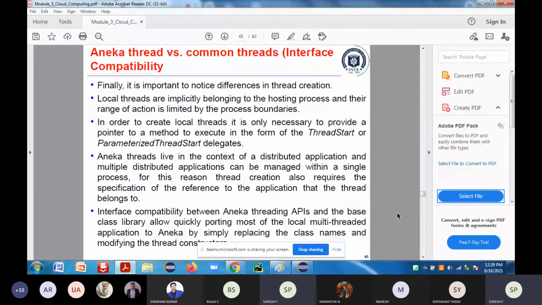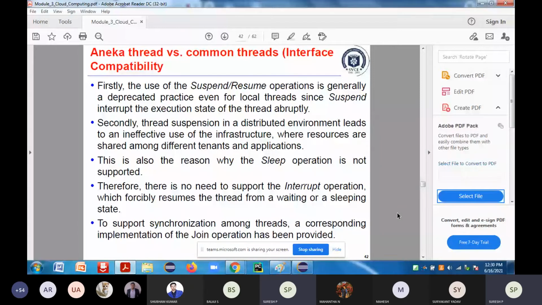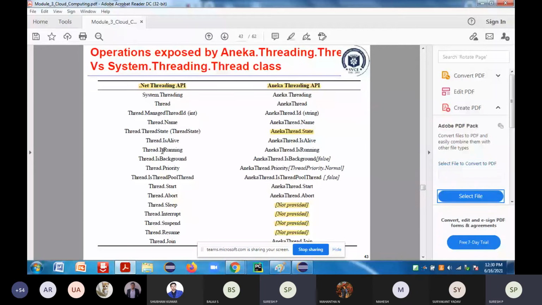If you take the interface compatibility between the Aneka threading APIs and the base class library, it allows quick porting of applications to Aneka by simply replacing the class names, modifying the thread constructs. As this indicates, you can see it here: the normal threading construct and the Aneka threading construct are almost the same, but the only thing is that wherever the thread is coming, the thread is replaced with Aneka thread.